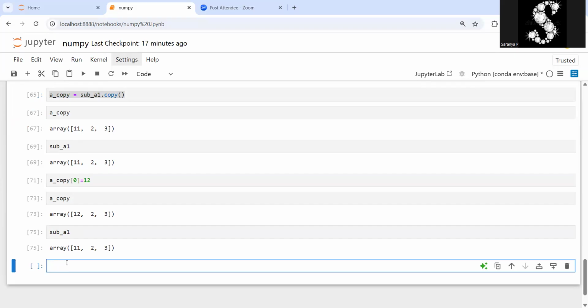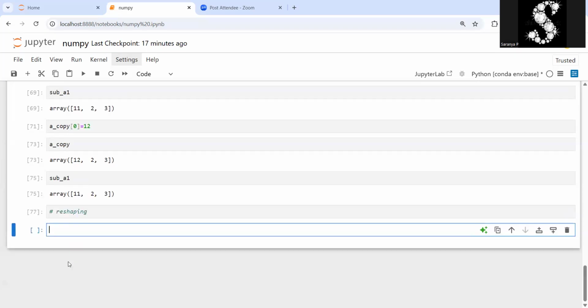So we have created the array. We have created one-dimensional and two-dimensional arrays, and I have shown how to access the elements in them. Then I showed you something important about arrays: copy, and how copy is different from just assigning the array values. And now I'm going to tell you about